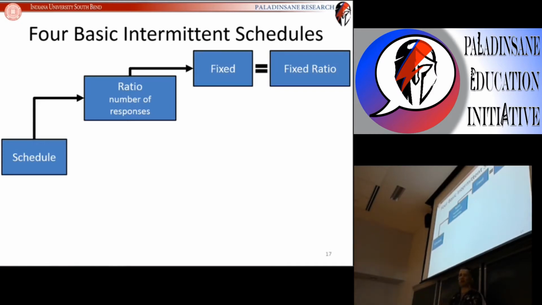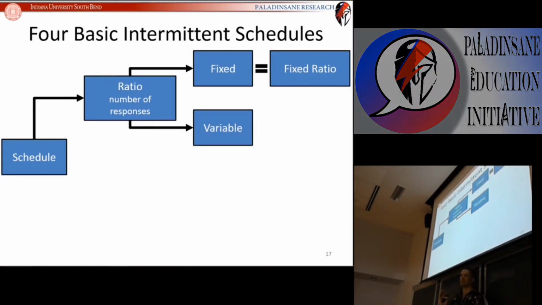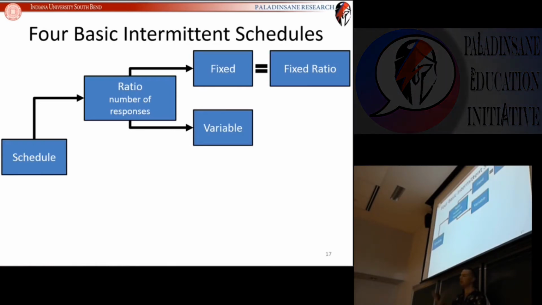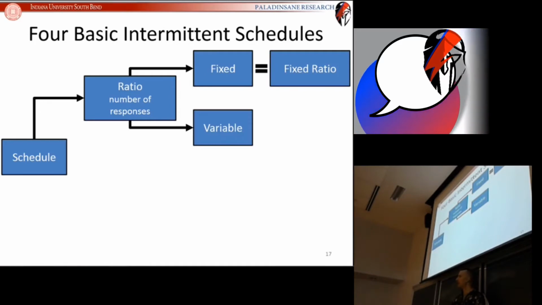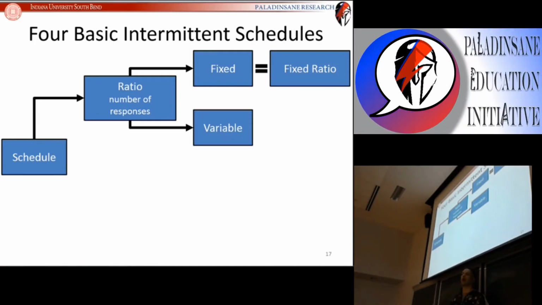So that's why we're analyzing these today. So the other form of a ratio schedule is a variable ratio schedule, where you cannot count down exactly how many responses you need to get to your next reinforcement, but you know on average it's going to be 10 responses. You know on average it's going to be 20 responses. So variable